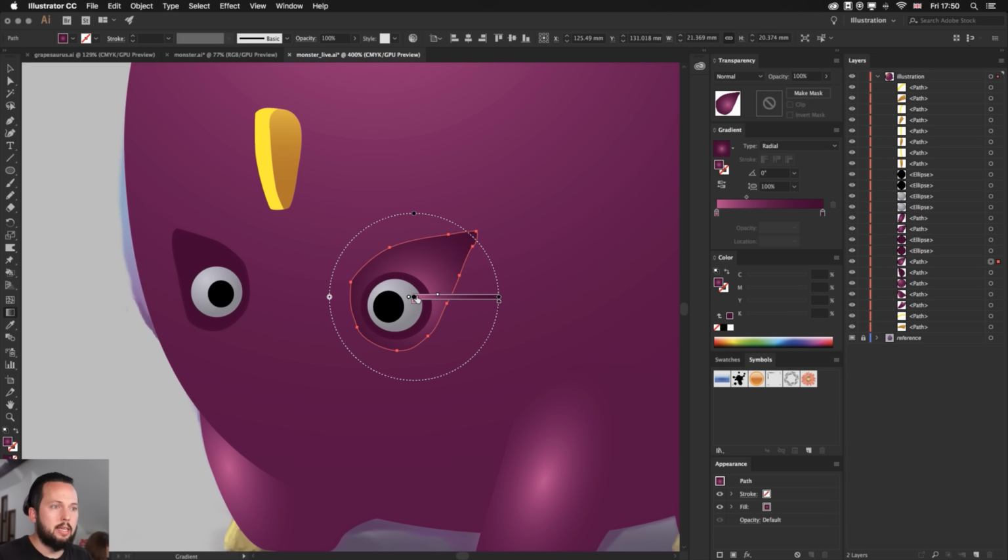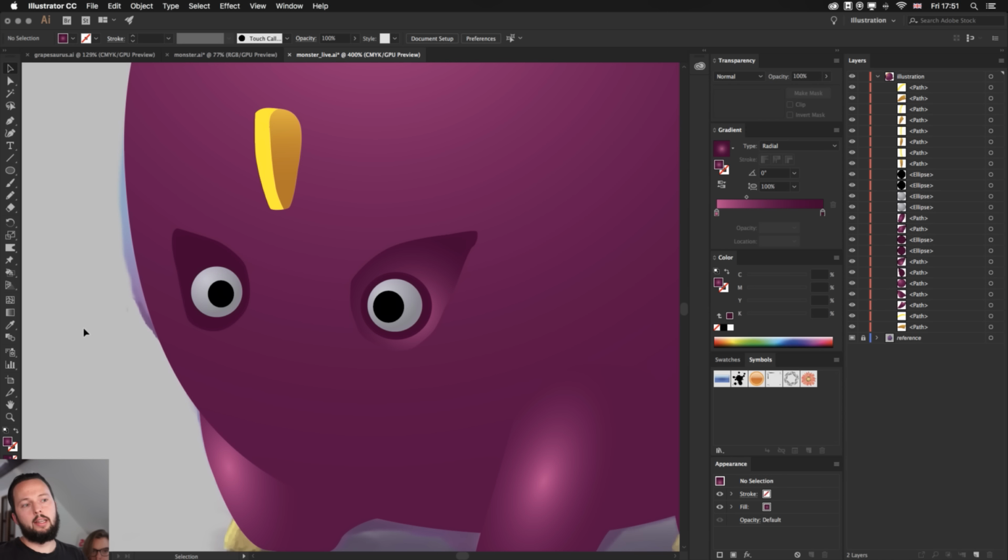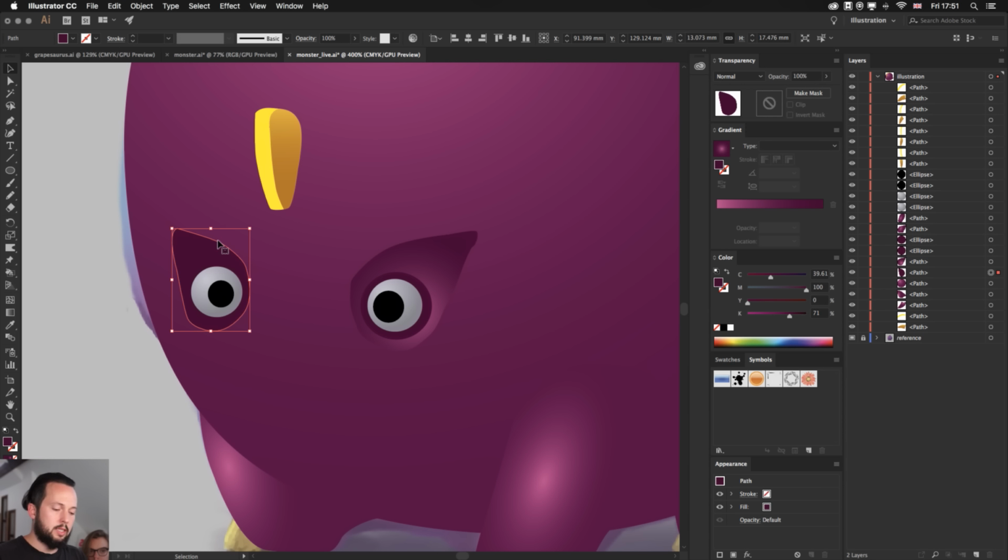But if I select that gradient, I can maybe move it a bit further down. And then I am thinking again that if the eye socket is hidden from the light source, then this top area here should be in shade, but whatever is coming more out should be starting to get in the light. So now if I check this, it looks already much more realistic, right? And let's do the same here. If I select the same gradient, again, we can refine that gradient, move it around, maybe here at the bottom, and we can make it bigger in this case. So let's just drag it out a bit.